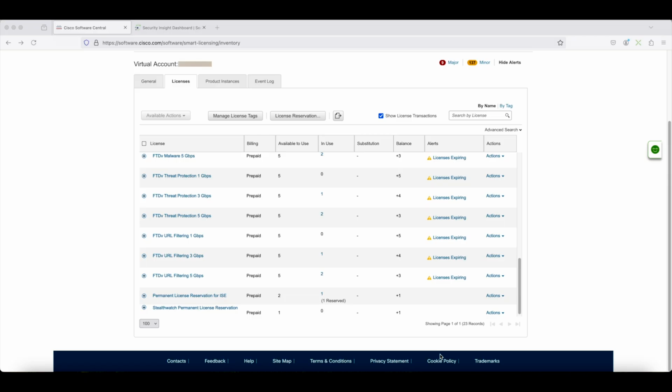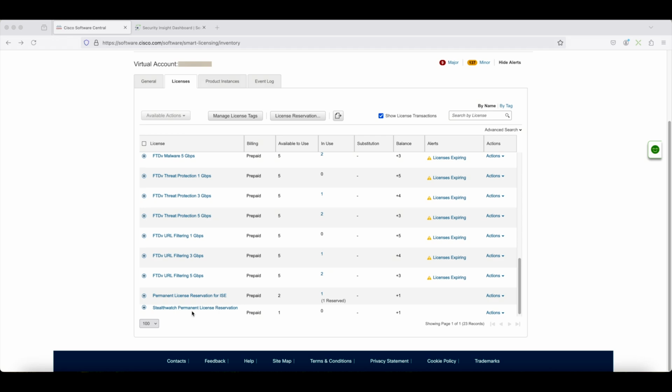Okay, let's transition to the demo. First thing I want to show you is I'm going to go into software.cisco.com where you would normally manage your smart licenses. So I'm in my smart account, I'm in my virtual account, and this is my licenses tab. We just want to verify that SNA PLR SKU is in your actual account before you begin, because if not, you'll reach a certain point where you can't proceed, you'll have to revert back,